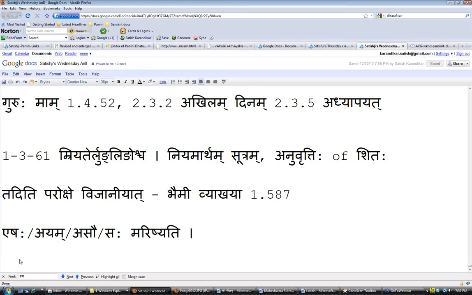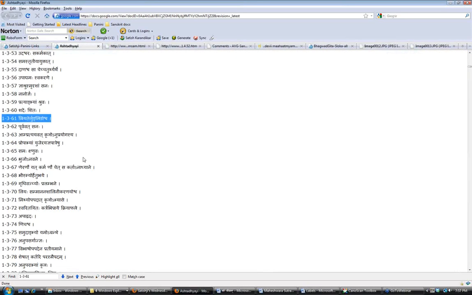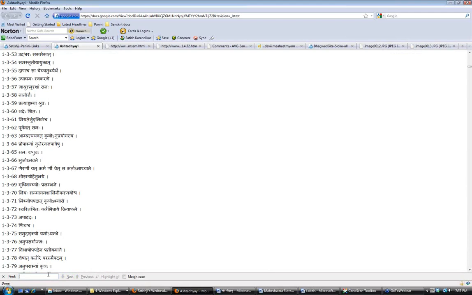Is this the Ashtadhyayi order, Satishji? Like, is it the order in which the pratyayas come in the Ashtadhyayi? Actually, you have a good point, Karthik. Let's look at that. So Madhava follows the Ashtadhyayi order while Bhattoji doesn't. We will see this in the next lesson very soon. Let's look at 317. Yes.